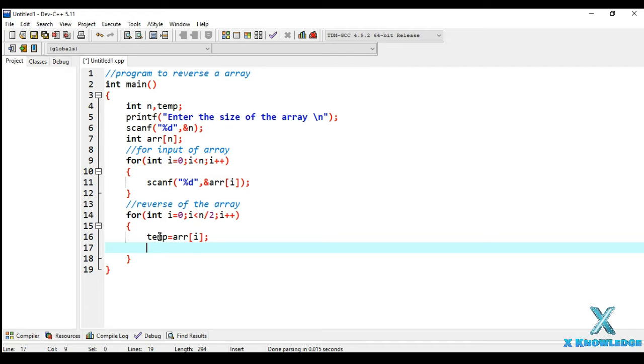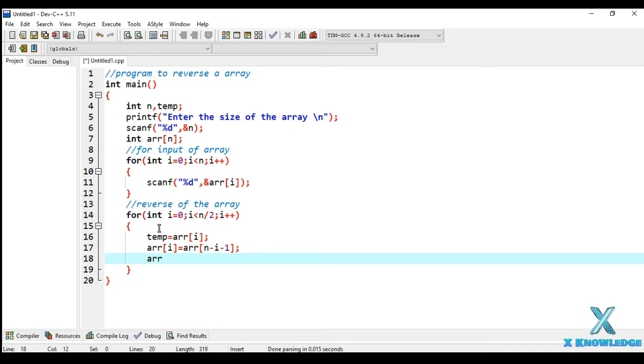So that's what I'm going to do, I'm going to store the last element at the first position using this command. Just watch out. Now watch out the logic.